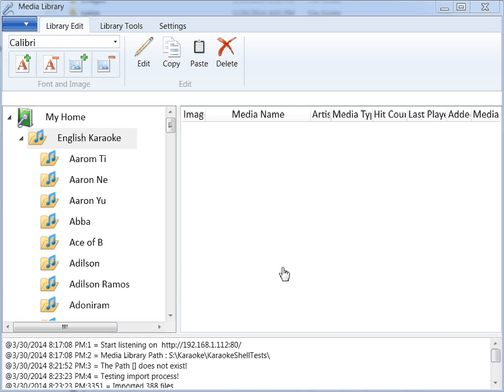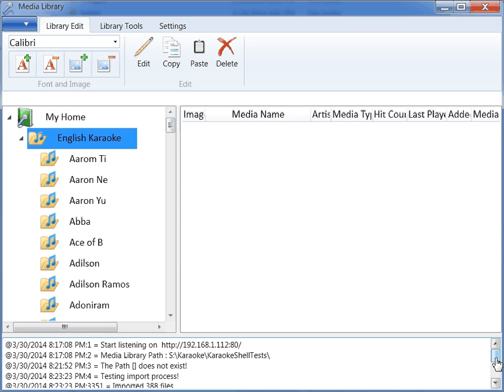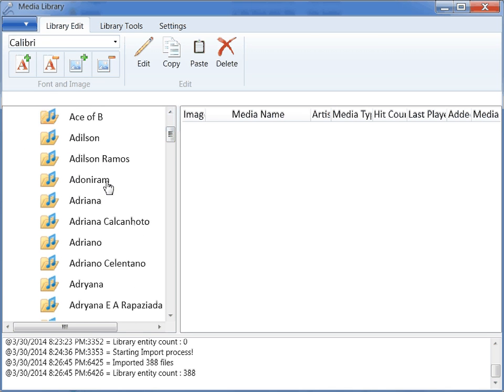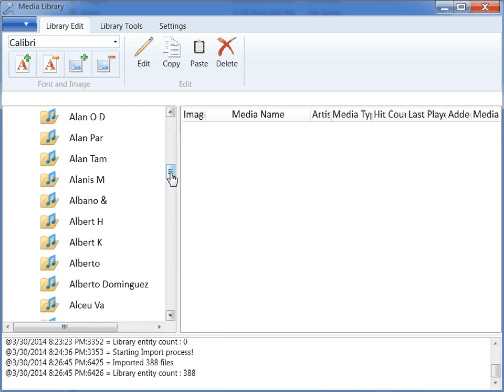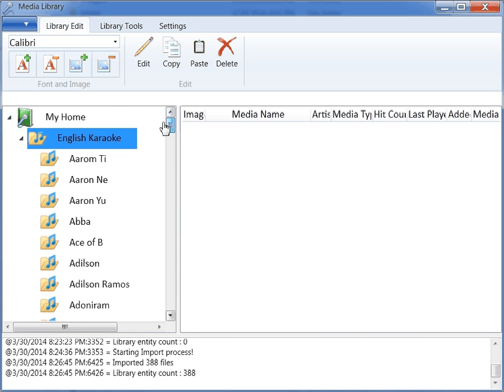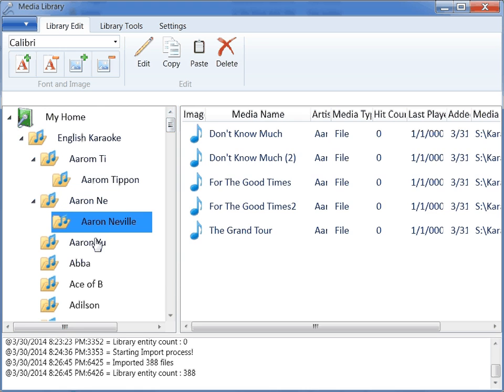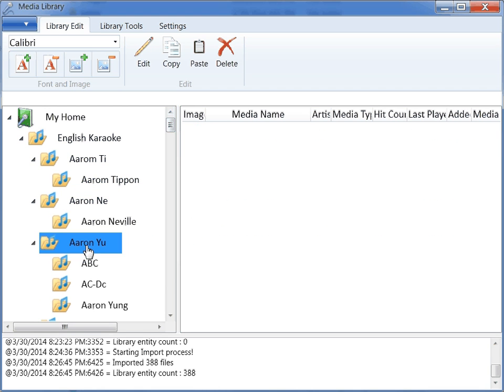After import finished, we can see the log information here. How many files is imported? 388 files is imported. So the tree here shows you the directory names, what directory is imported, and within the directories you can see the names of the song here. So you can see the folder structures down here,